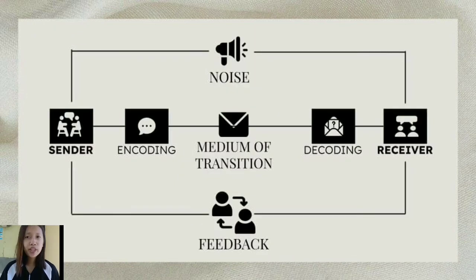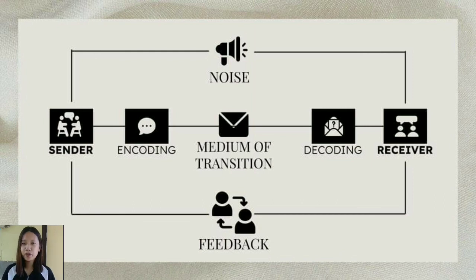Please keep in mind that the communication process starts with the sender. Then the sender will encode his or her conceptualized idea to symbols that can be understood by his or her intended receiver. Then after the encoding, the message will go through the medium of transmission or the channel. Then after the channel, it will be decoded by the receiver, where the receiver will process and analyze what is the given information by the sender, so he or she, the receiver, could clearly give feedback to the sender's